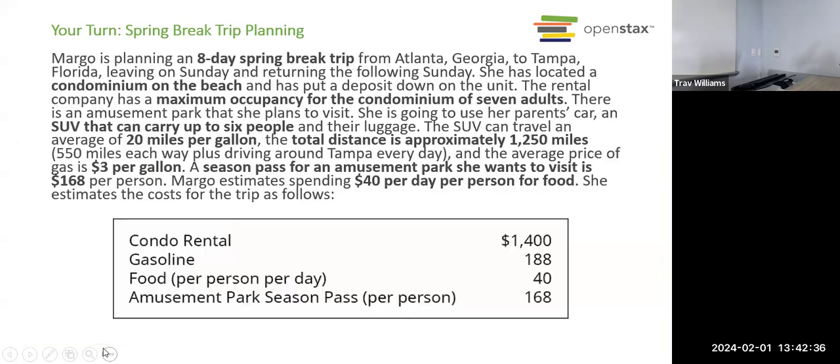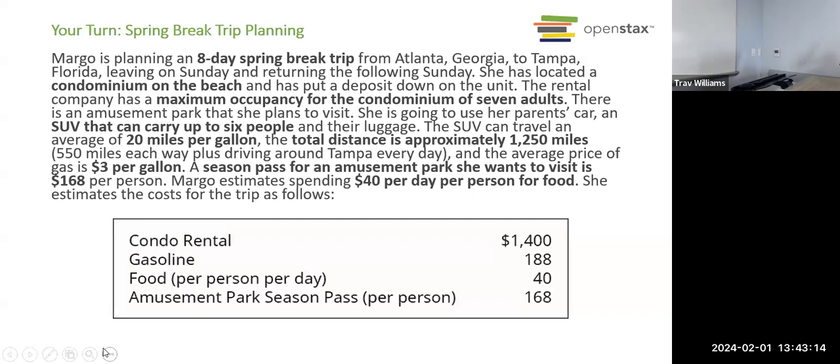Then the fixed costs, let's take a look at those. We've got the rental of the condo. We have the gasoline. In this case, because we've already calculated how much gas cost there's going to be for the trip, it really doesn't matter how many people are in the vehicle. Now you could argue that that increases the weight. Maybe we use a little more gasoline with more people, but okay, let's not get into that level of detail. So in general, whether it's 1 person going in the SUV or 6, the gasoline, we'll say, is the same price, okay?